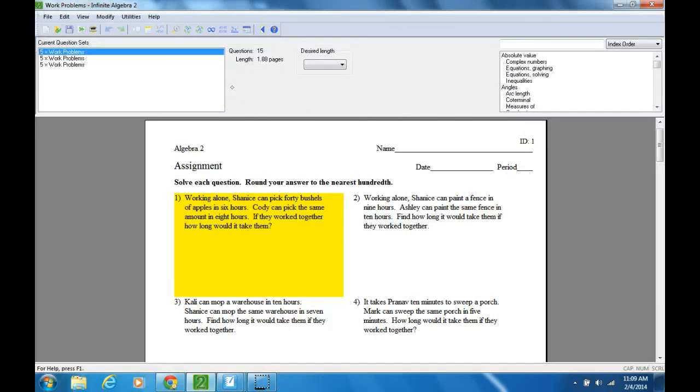So we're looking at number 1 for the worksheet. And what we're looking at, let's just read it. Working alone, Shanice